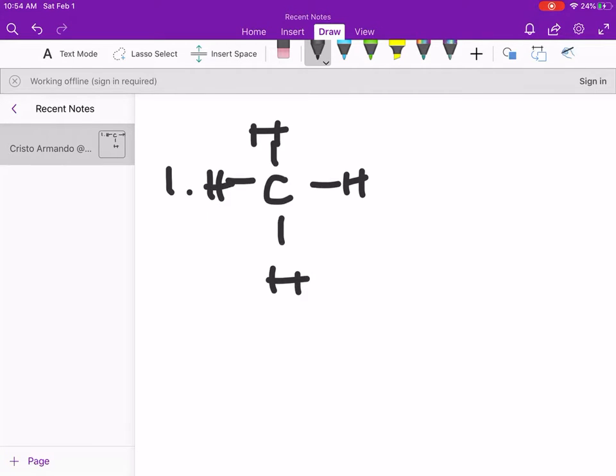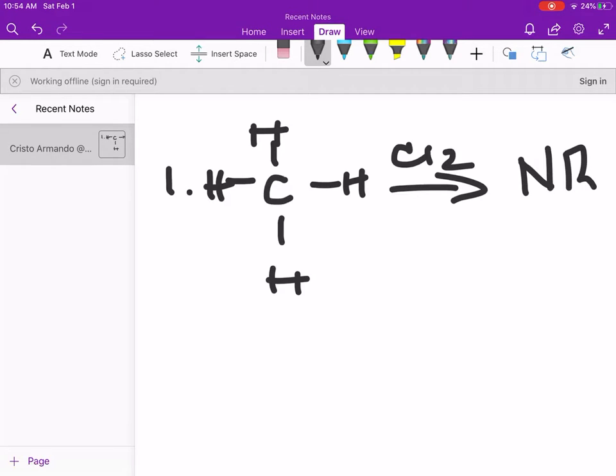We have this molecule, and we're going to treat it with Cl2. So what's going to occur if it's only Cl2 with no catalyst is that you're going to get no reaction,